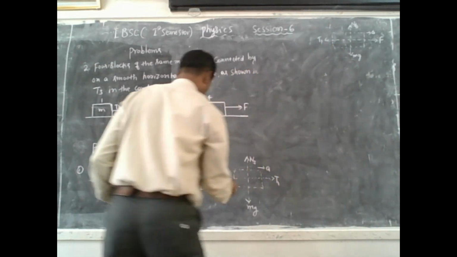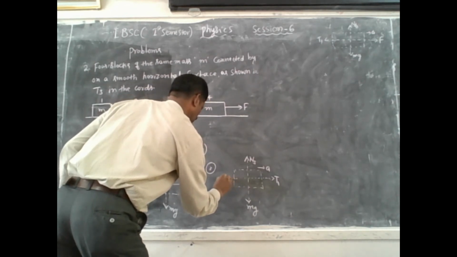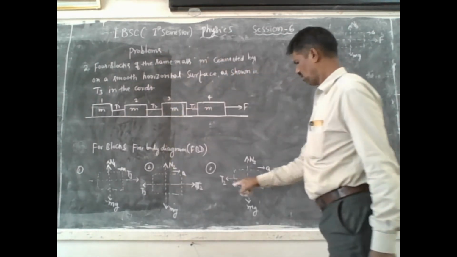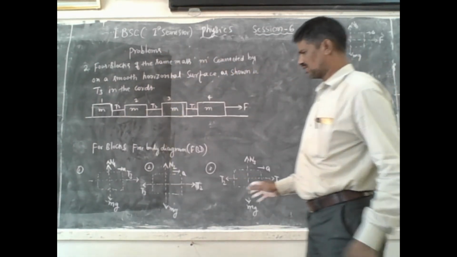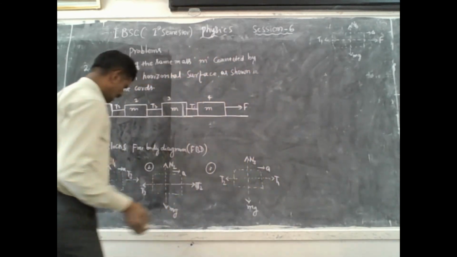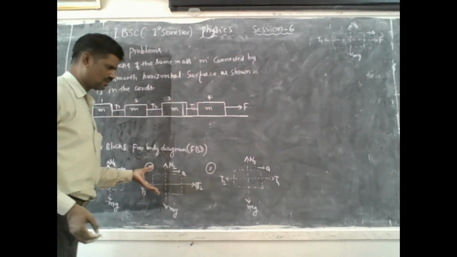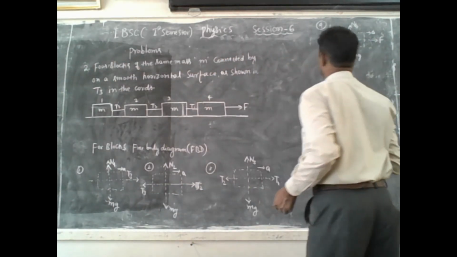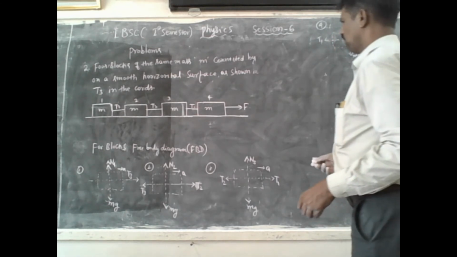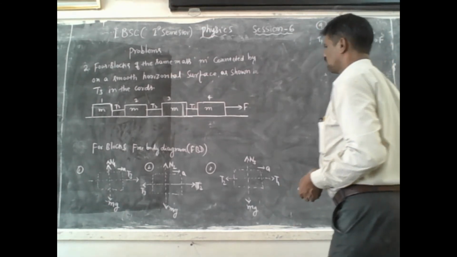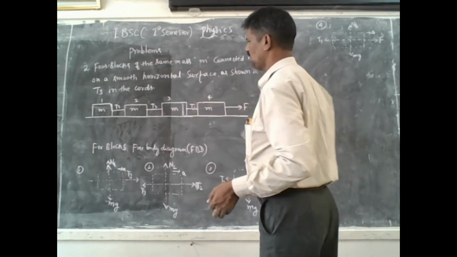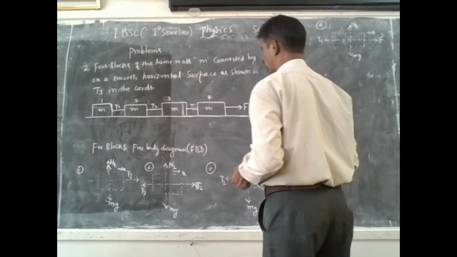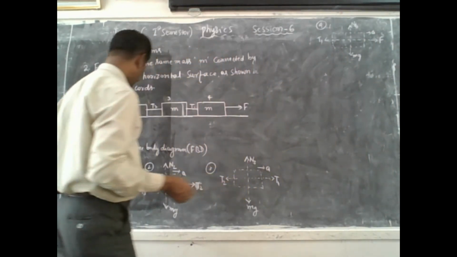T1 is there, and here also T2 is there, isn't it? So you have to write like this, all the free body diagrams for block 1, block 2, block 3 and block 4, isn't it? This is for block 4. You have to write like this. And then here the force is acted on these particles or on the blocks. So now we have to construct the equations for block 1.